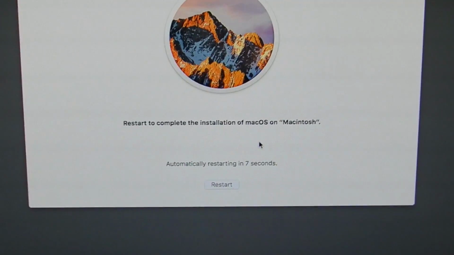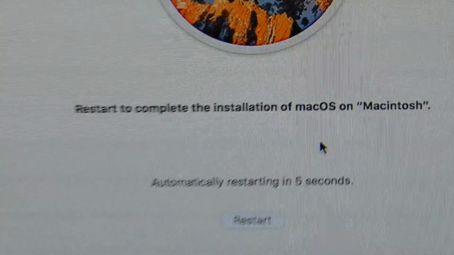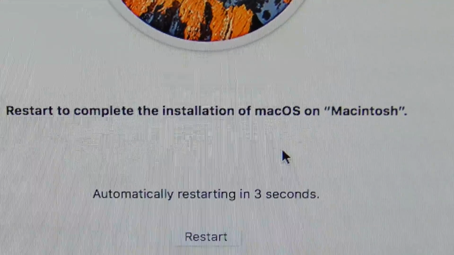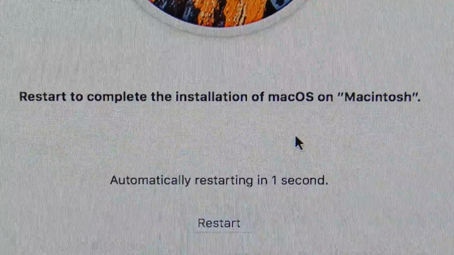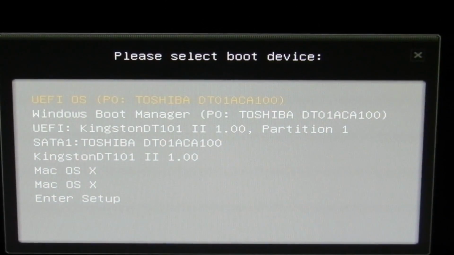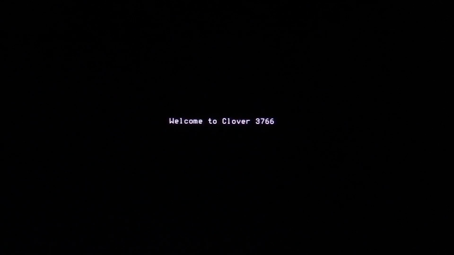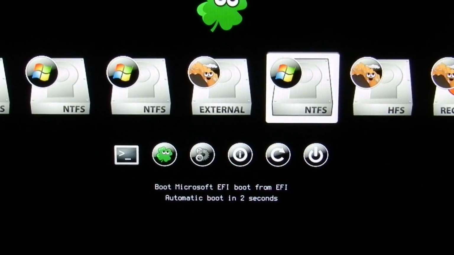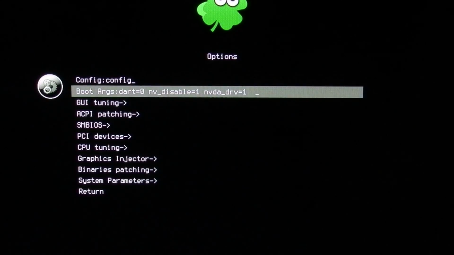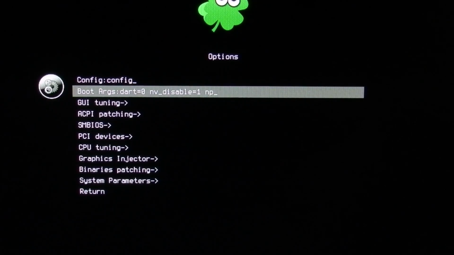Now when the installer finishes, your computer will reboot and you again will need to go into your boot menu and boot from your UEFI flash drive. Again, type in the same boot flags: dart equals 0, nv underscore disable equals 1, and mpci equals 0x2000. Make sure that inject NVIDIA is selected, and